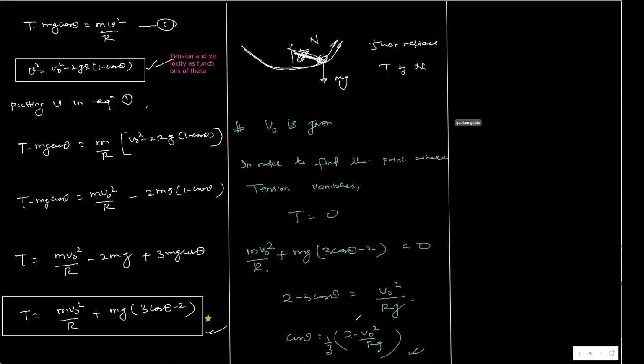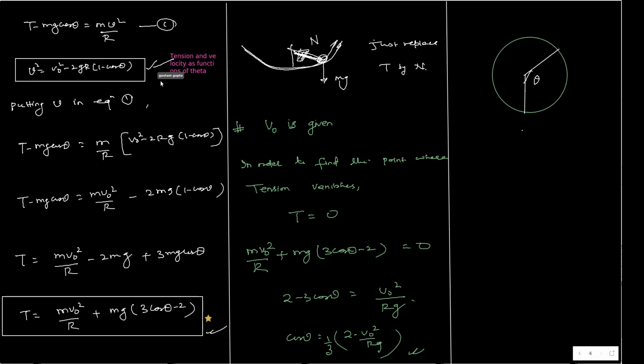And at that theta, you have to find the velocity. So let's say you got the theta, and the particle is going here. In most cases, this theta will come out to be more than 90 degrees. So basically the particle was moving like this, and when it reached here at this theta, the tension vanished. Tension vanished means gone. The circle is gone. Now the particle will not move in a circle.